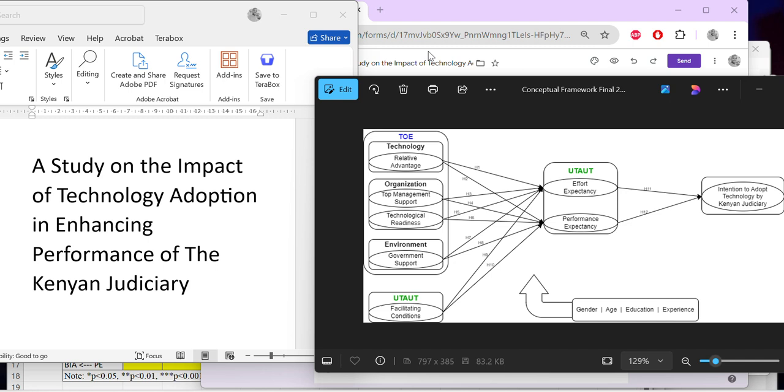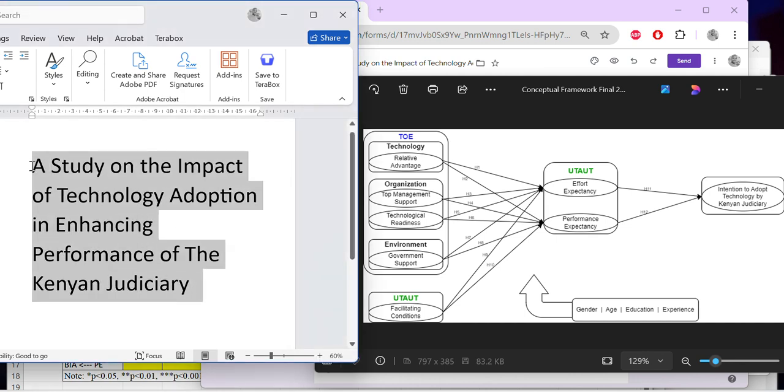Hi there. I've been doing this research titled Study on the Impact of Technology Adoption in Enhancing Performance of the Kenyan Judiciary. So, this is my research model, where I have my theory constructs, these are my independent variables, and this is my dependent variable, all depending on this. Then intention to adopt technology by the Kenyan Judiciary is as well my dependent variable, where it depends on all these